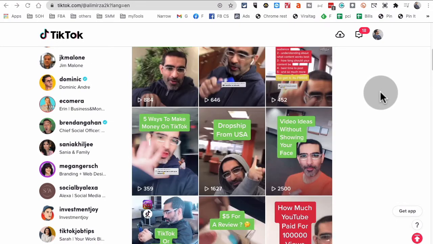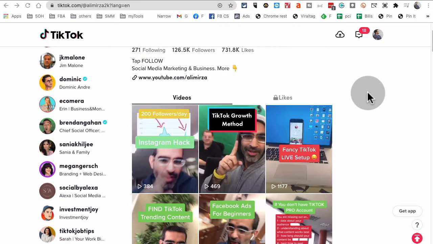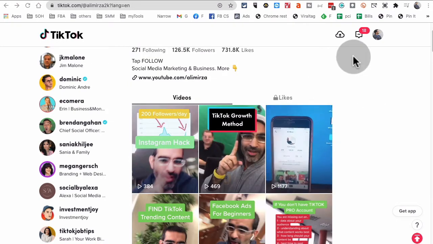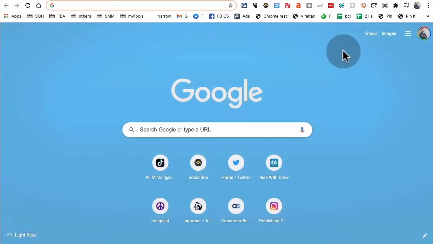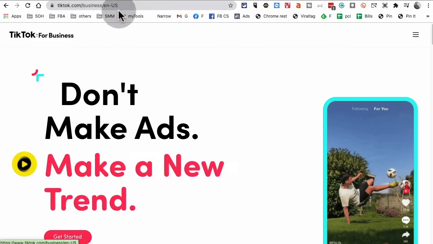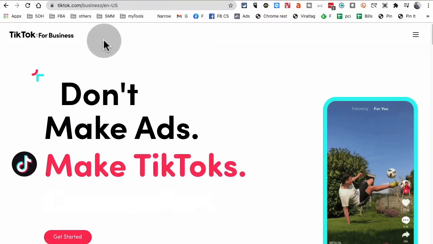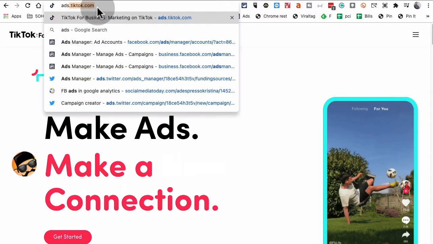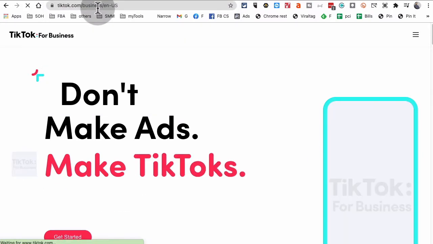It's a free tool, actually a free feature from TikTok. No one knows. You don't need any third-party tools for this. So what we're gonna do is, watch this. We're gonna go to ads.tiktok.com. So it's gonna take you right here, TikTok for Business. Again, the URL was ads.tiktok.com, or you can just go to